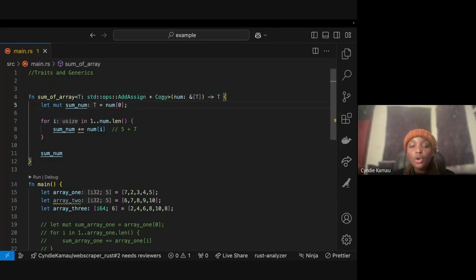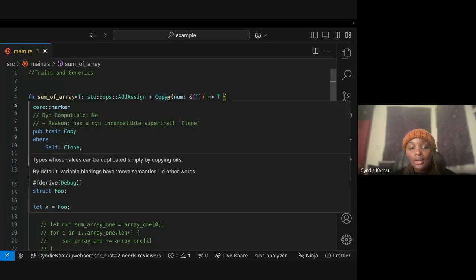So what does the copy trait mean? It's telling the compiler, if you see I'm using this here, I've just copied it, I've borrowed it, essentially. I'm not the owner of this num. I've just borrowed it and then I will use it. So we're not moving this num value from its initial owner to the other owner. We're just copying it. That's why if it was not there, we were getting an error.